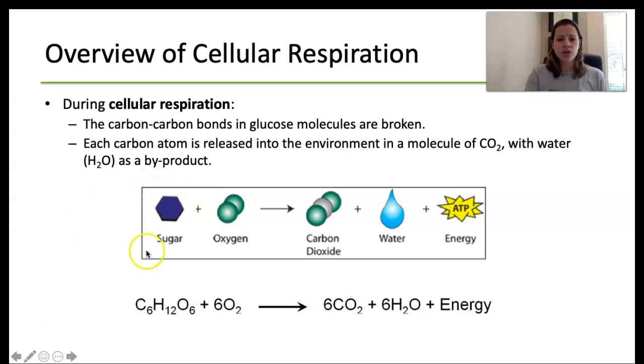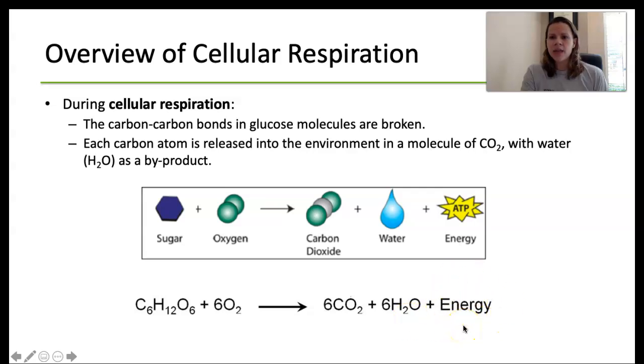So we have sugar here. It's a 6-carbon molecule, and the idea is that we can break apart those carbons to get the energy from between them, and in the process we end up making carbon dioxide and water. Those are byproducts, and the big takeaway is that we're going to make a lot of ATP. You can summarize the equation as C6H12O6, the chemical formula for glucose, plus 6 oxygen. You have to have oxygen for aerobic cellular respiration to occur. It yields 6 carbon dioxides, 6 waters, and a whole